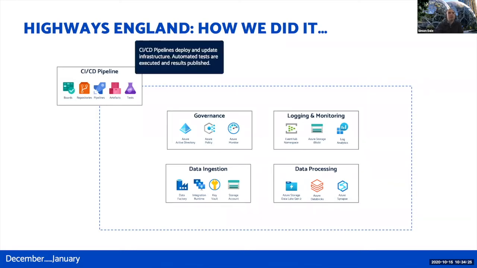So here we have the CICD pipelines that we just spoke about, and we actually executed the pipeline once we had the CICD pipeline in place. We were able to ingest that single data source into the platform. Taking that data from its source location, we would then process it, we would ingest it, we would land that data into the data warehouse, and it was then queryable. It wasn't yet made available to users, but we had data in the platform, and that was actually quite a surprise for InfoSec, with it happening within a few weeks of speaking to them.